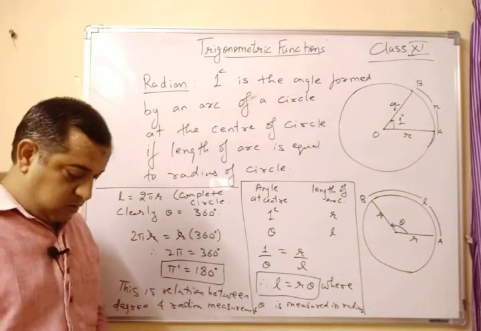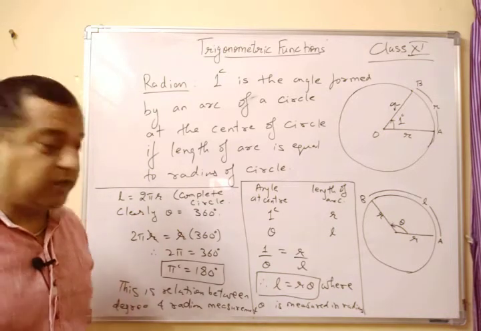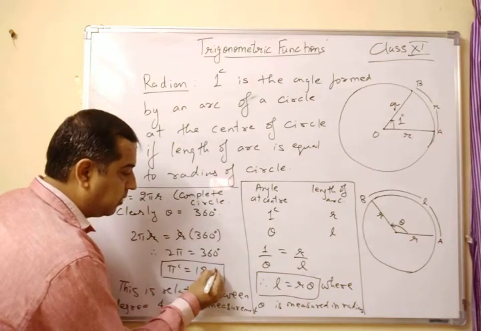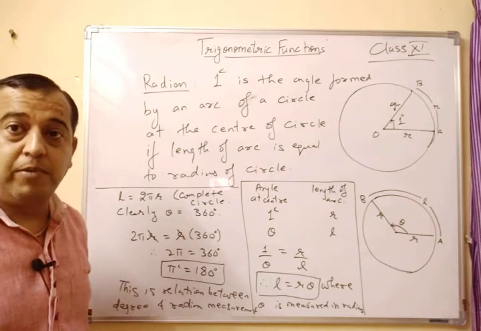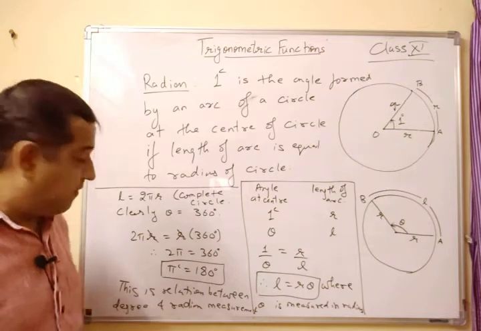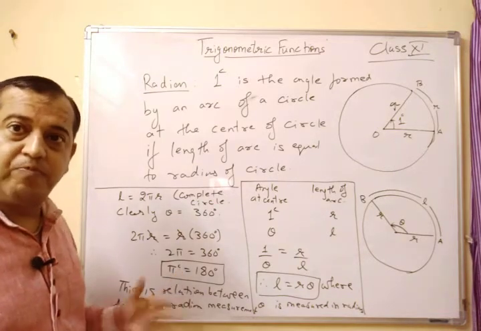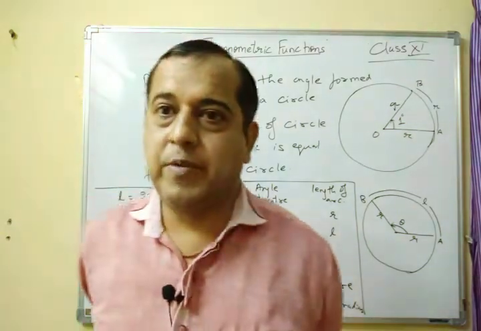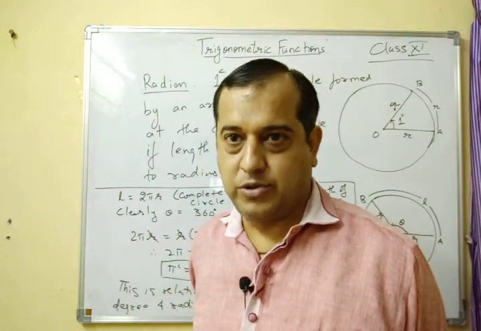Now, one thing, please note it down. In case of degree measurement, you have to clearly give the symbol of degree. It is compulsory to give the symbol of degree if your angle is measured in terms of degree. Whereas in case of radians, if you don't give this symbol c, it will do. In case of radians, even if you don't put up the symbol it is fine, but in case of degree, it is very important to put up the symbol.